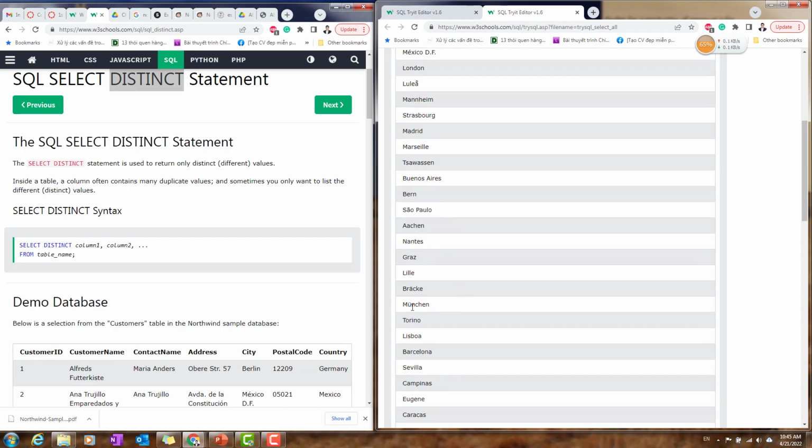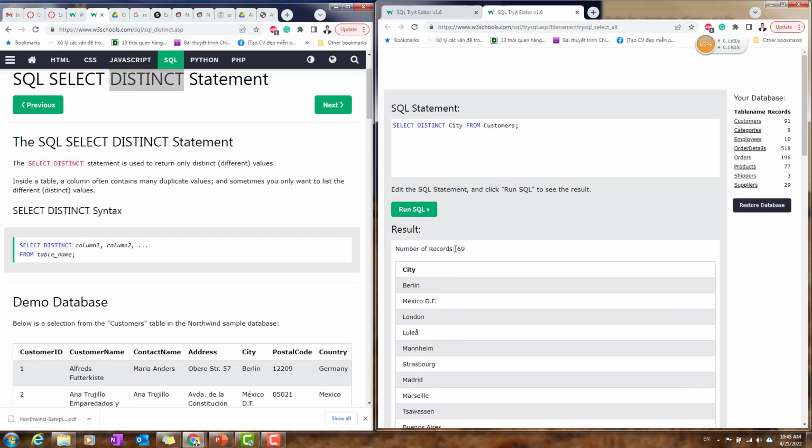Can be displayed. They are unique, and there are just 69 different cities displayed in the table, not 91 in total. Okay, actually I can run another one, because that's Berlin and Mexico and London. They just follow the order of the table,